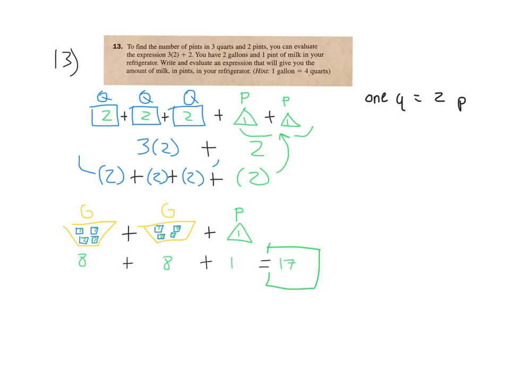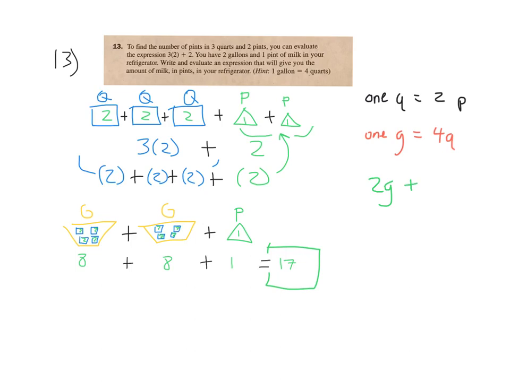So we could say 1 gallon is equal to 4Q. And then, since we're studying 2 gallons and 1 pint, we could say 2 times G